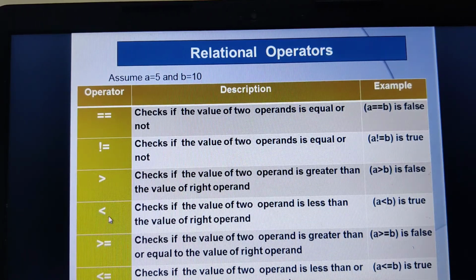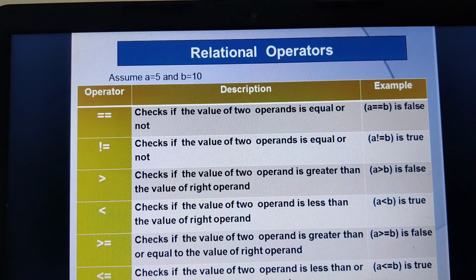Then we have the less than operator. It actually checks whether the value of the left operand is less than the value of the right operand. Very much similar to